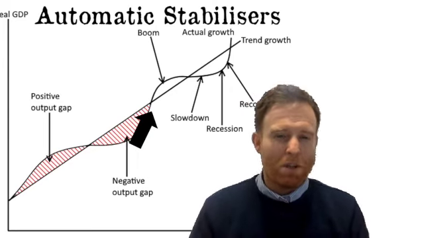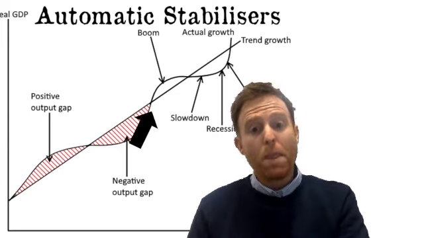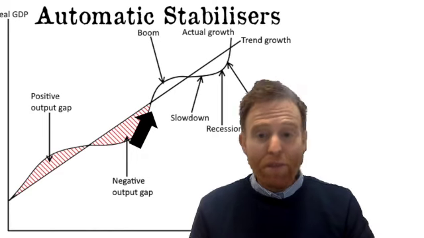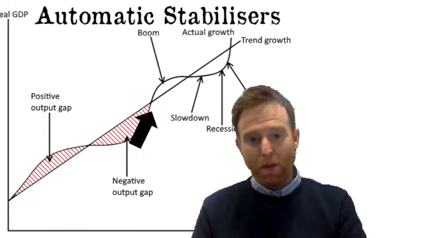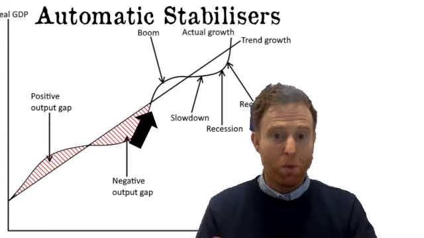But let's say the economy is just taking a slight dip, then hopefully it would be enough to get it back. But in doing so anyway, even if it is severe, it does relieve a little bit of the pressure on the government and it allows the government a little bit more time to plan what their discretionary policies are going to be.